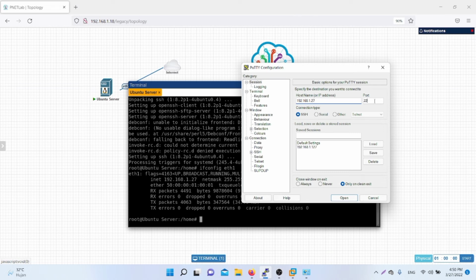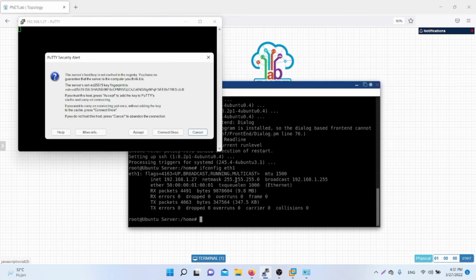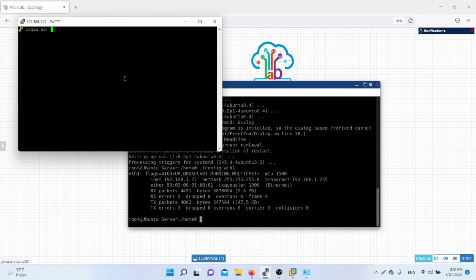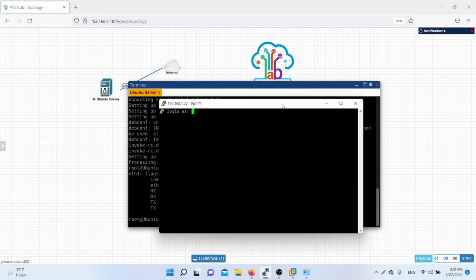For the port, we choose port 2022. And for connection type, because we want to remote server with SSH, we must choose SSH. And after that, we go to open. Apabila ada peringatan seperti ini, kita accept aja. We click accept. After that, we login.